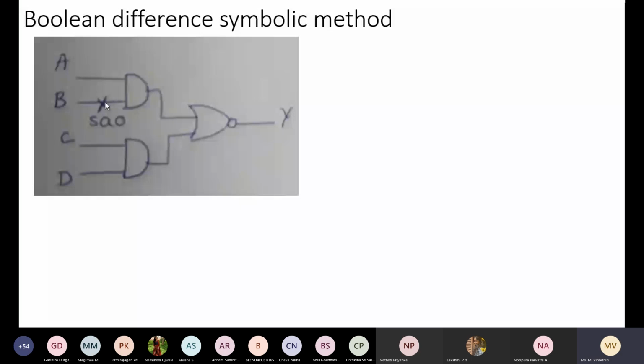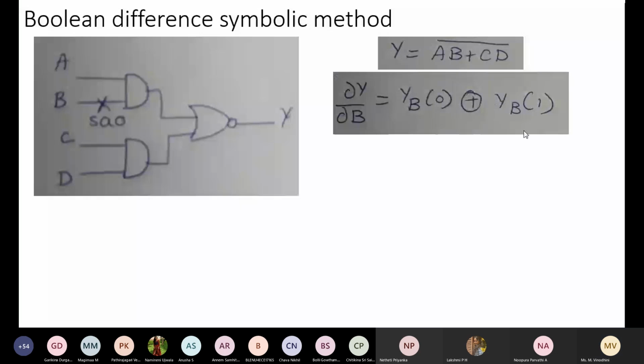As per this algorithm, first we need to get the Boolean expression for the final output. Here the output variable is Y. So I got the expression. Next step is, as per the algorithm, we need to find ∂Y/∂B. Why B here? The fault is given in the primary input B, so that's why ∂B. If the fault is given in the primary input A, I will write ∂Y/∂A. And here Y represents the output variable. If the output variable is X, I will write it as ∂X/∂B. So the denominator variable is written with respect to where the fault is present,